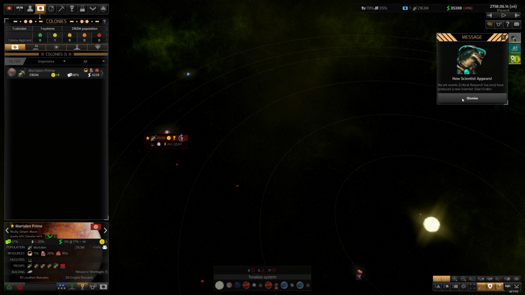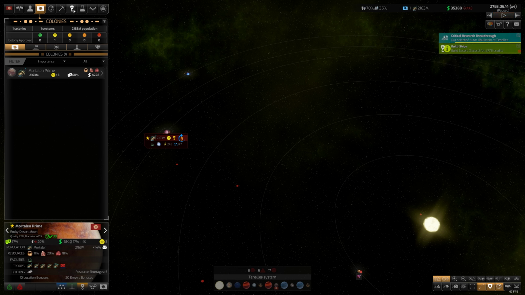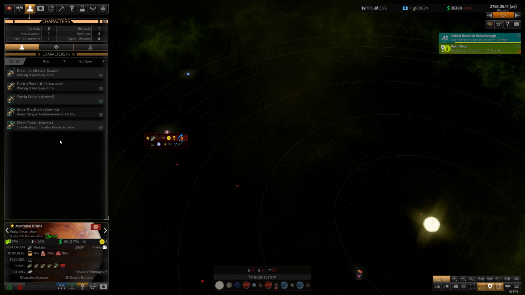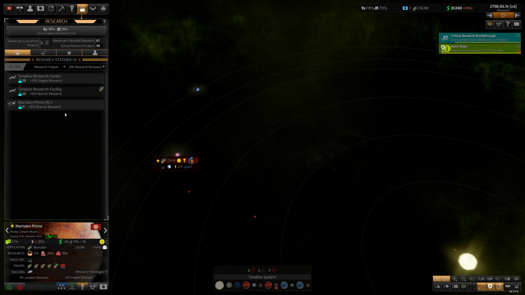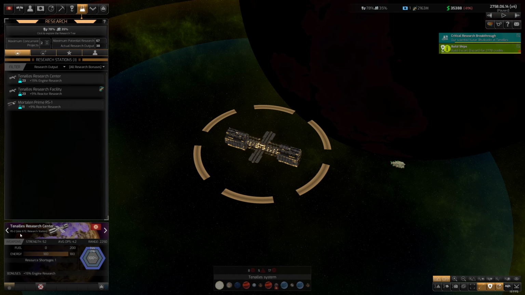Scientists made a breakthrough. Oh, no, we produced a new scientist. Okay. And we got a critical research breakthrough. So this was actually the event that created our scientists. So what we want to do... he's going to Teneles. Now, we've actually got 2 research locations called Teneles. I'm actually going to change that because I think it's a little bit confusing. So let's go to our research stations. This is the engine research. So I'm going to call this... rename this to...